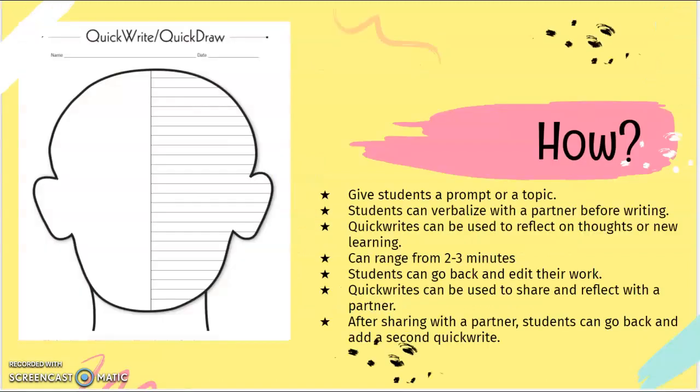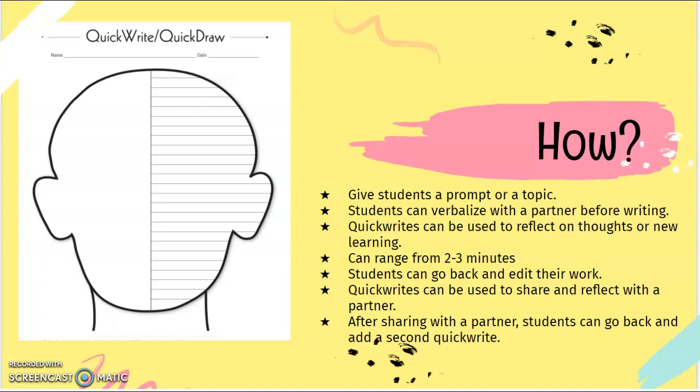So how do you implement this strategy into your classroom? And the great thing about the Quickwrites strategy is that it is so versatile, and the fact that it can be used for just about any topic, any subject, and a huge age range of students. You'll give the students a prompt or a topic, and before students start writing, you may want to have them verbalize or talk about that topic or prompt with a partner before they start writing to kind of get those